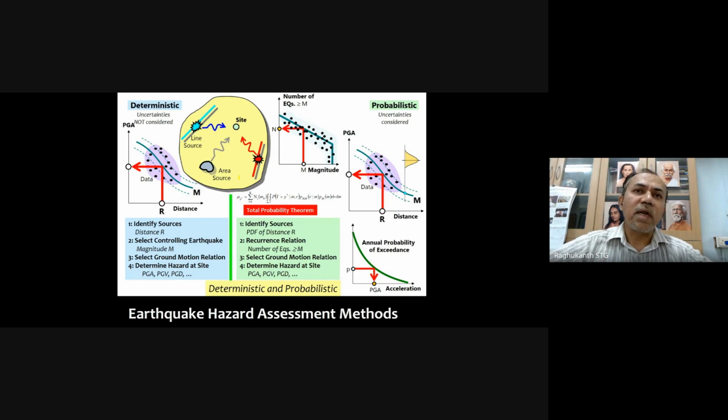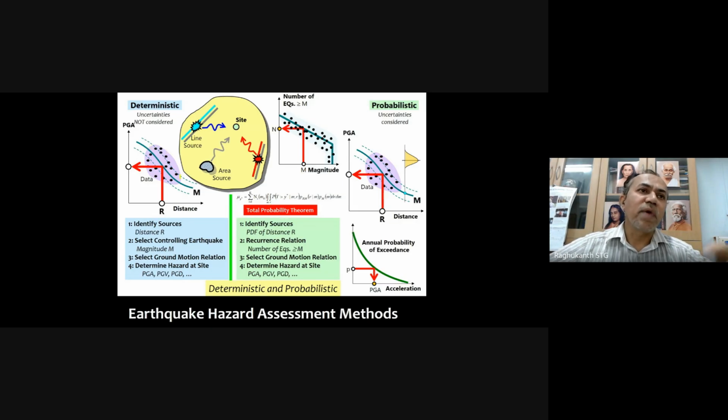If you see all the international standards, most of the countries develop these types of zone maps based on two approaches. One is probabilistic seismic hazard analysis, otherwise deterministic seismic hazard analysis. Both methods are widely used internationally. When you have good quality data, people use PSHA. When the data available is very less, you use DSHA, and then you can combine them and develop a zone map.